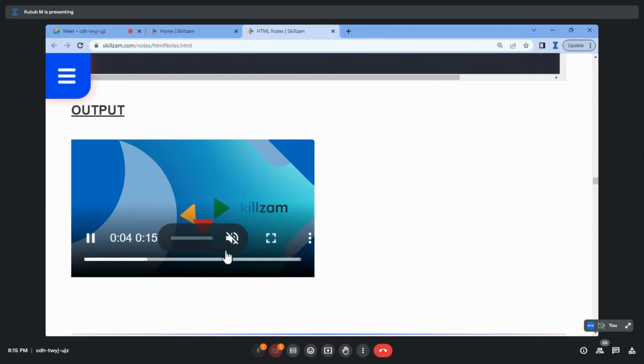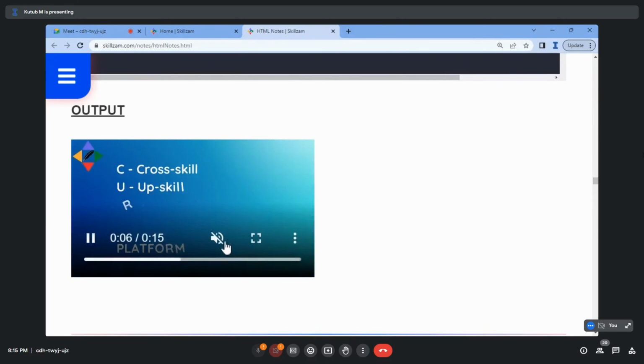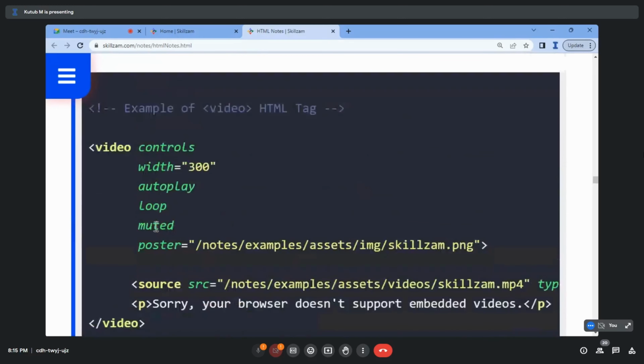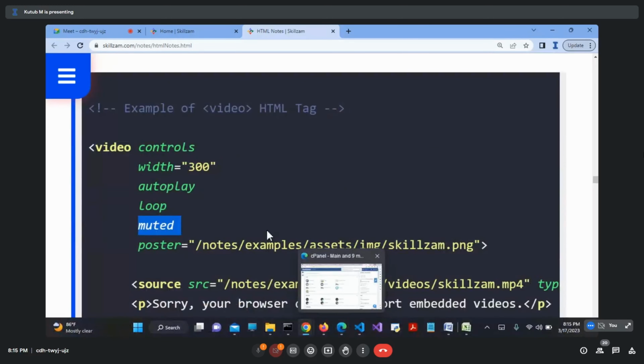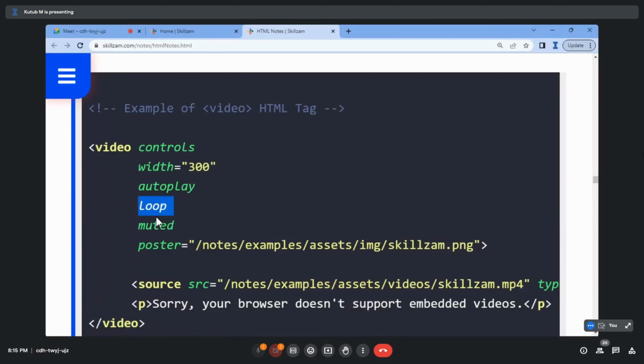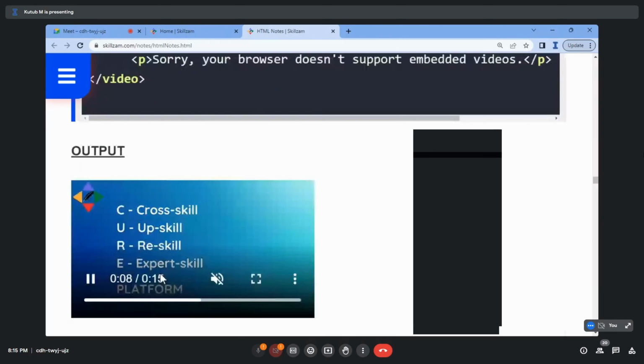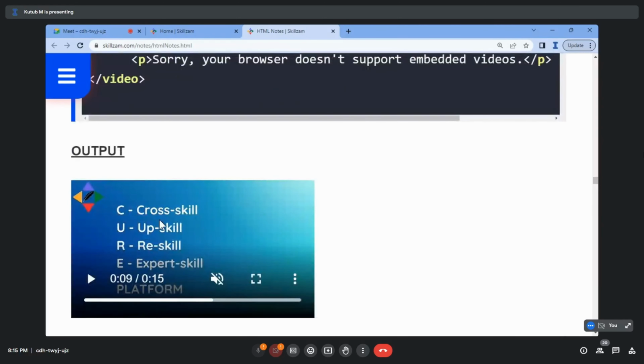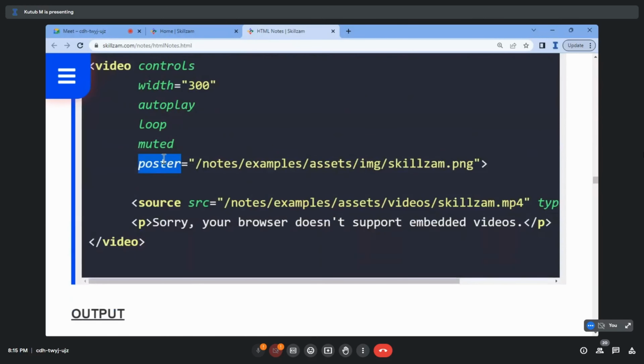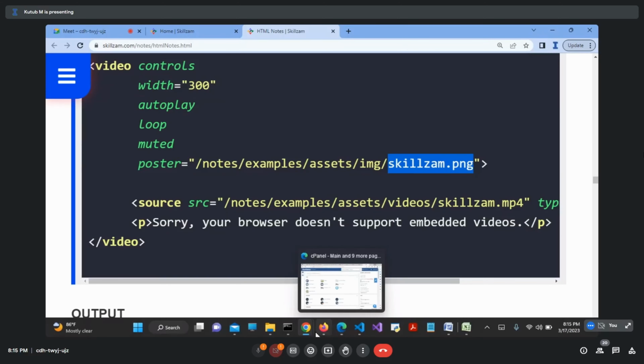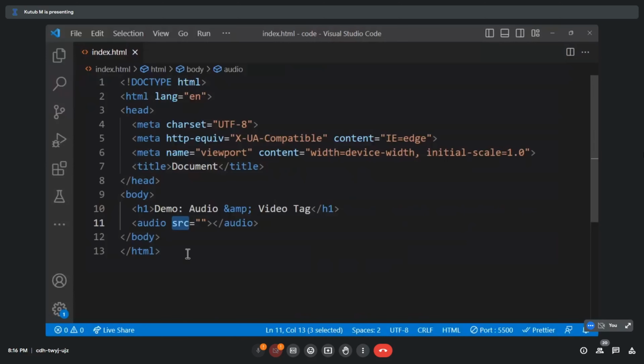But I'm not able to hear the sound, because it is muted. Why is it muted? Because of this attribute. And loop, it is existing in loop. And poster is, if it had not been autoplayed, the very first image that will show up as a thumbnail is this image, skillsam.png. Okay, let me see if I have a video in my